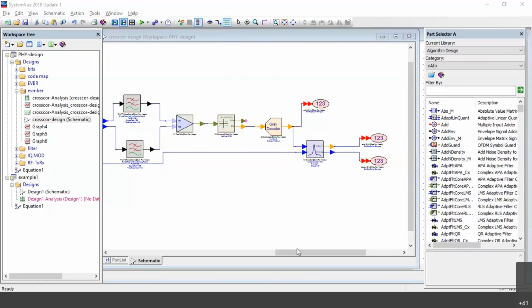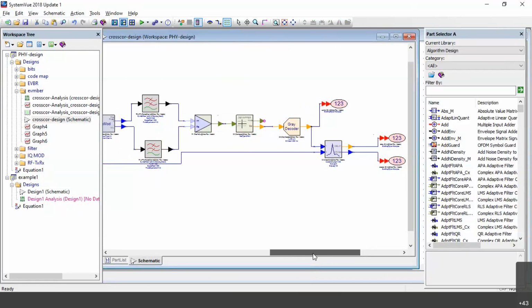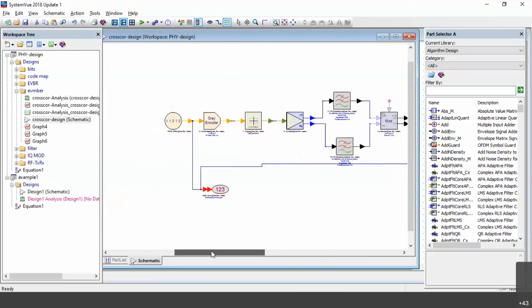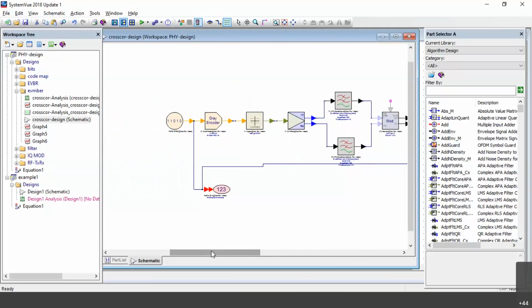See here. This is my schematic to modulate the signal. For modulating the signal, and even to see bit error rate or the cross correlation of the particular signal, what are the things we need? We are doing this in terms of system design. Fine. So this is my architecture. This is my design to modulate the signal. To modulate the signal, we are going to check what blocks we need.